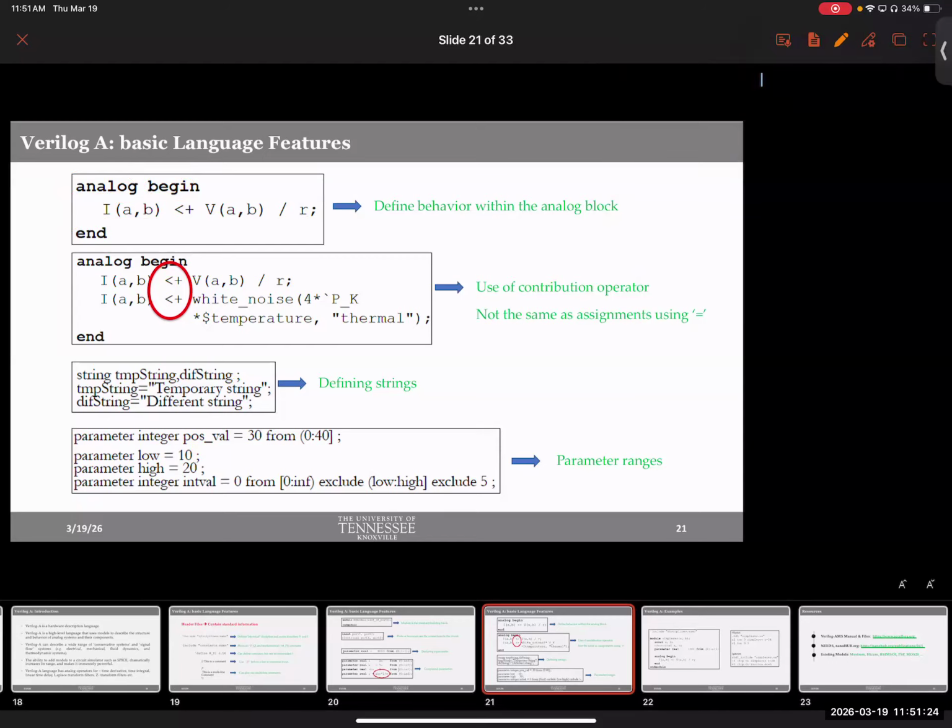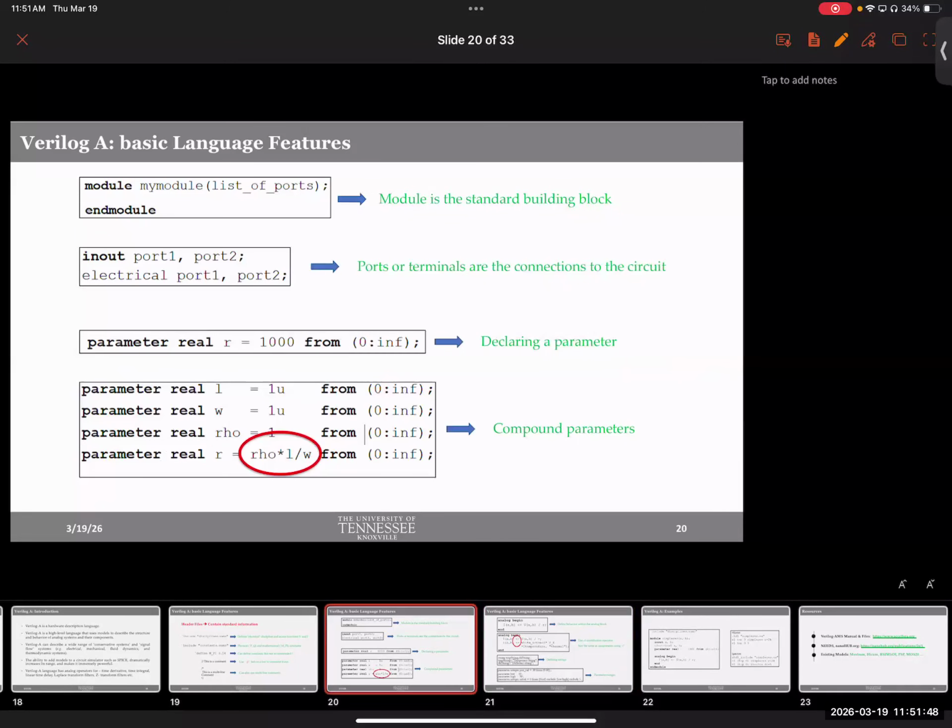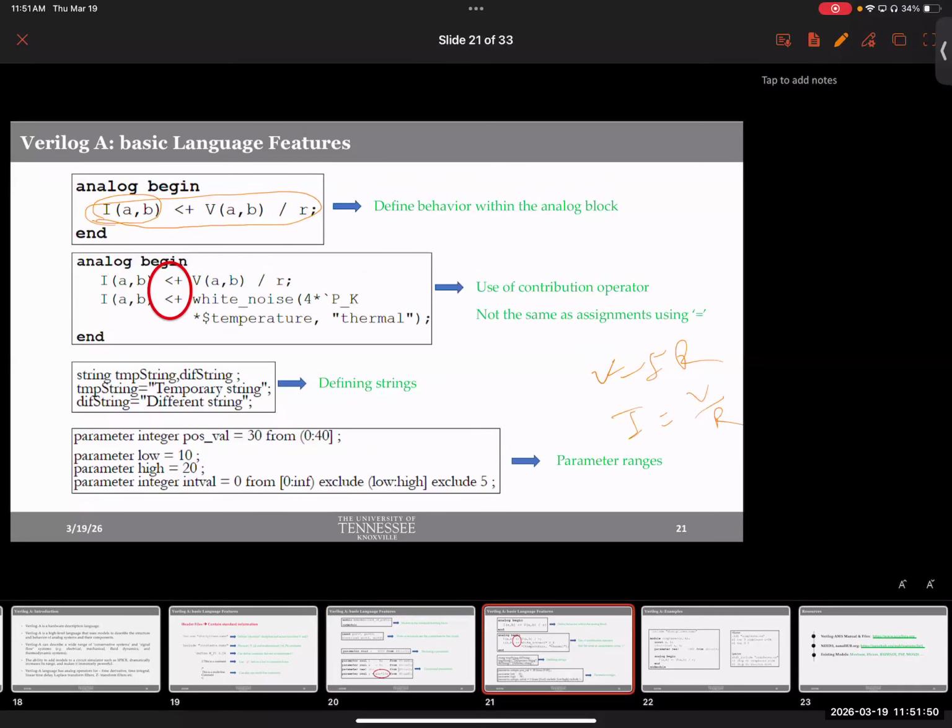Okay. Just to highlight a couple of things here. There is a lot of new information in this slide, so we need to pay attention to this. First of all, notice what it is trying to do. It is trying to do Ohm's law. It's a resistor. It should obey Ohm's law, V equals IR, or in other words, I equals V over R, right? So we're trying to see the current that should flow through this device. And the node names have been set as A and B, for example. A and B are the node names. And the current,